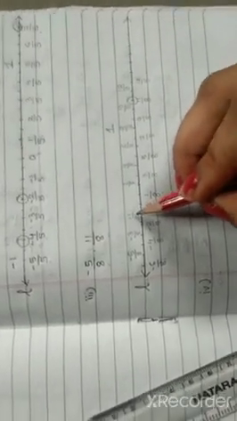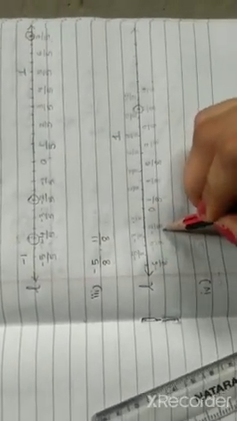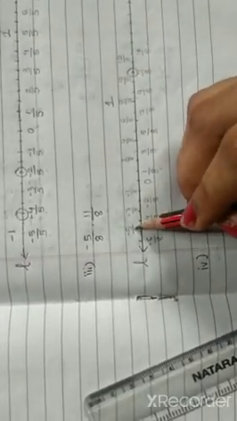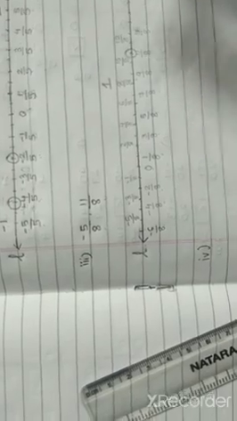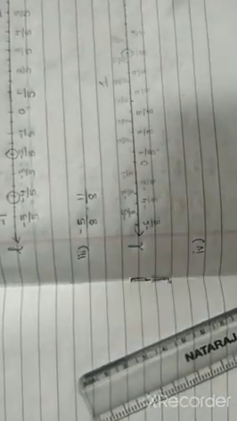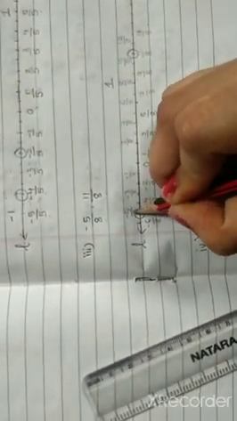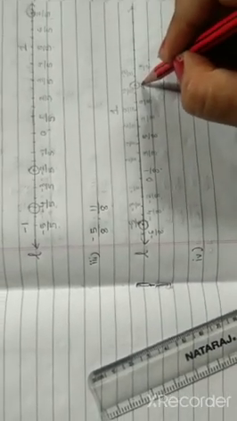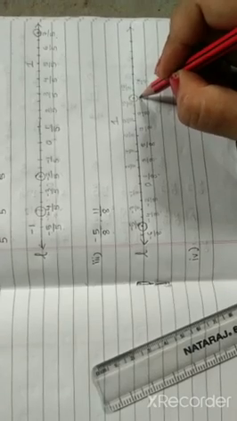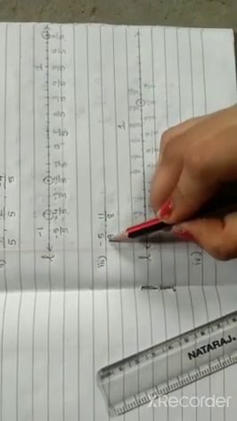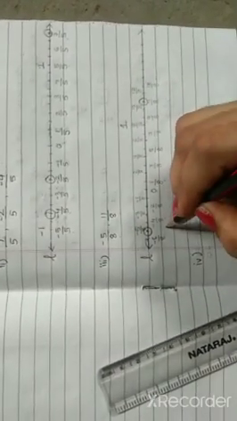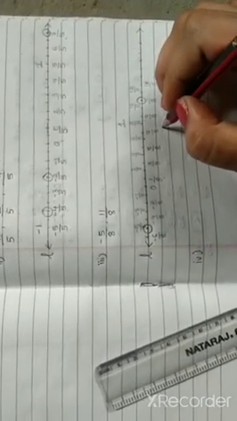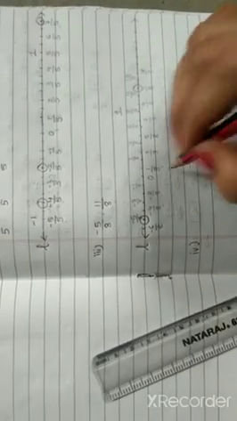On the left hand side it is -1/8, -2/8, -3/8, -4/8, -5/8, -6/8 and so on. I am asked up to -5/8. So here is my point. So the points are -5/8 and on the right hand side it is 11/8. It is very easy to clearly see that all the negative terms will be on the left hand side of 0 and all the positive terms will be on the right hand side of 0. This is nothing but your number line.